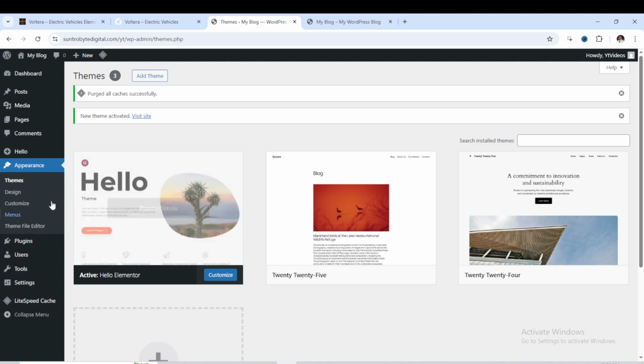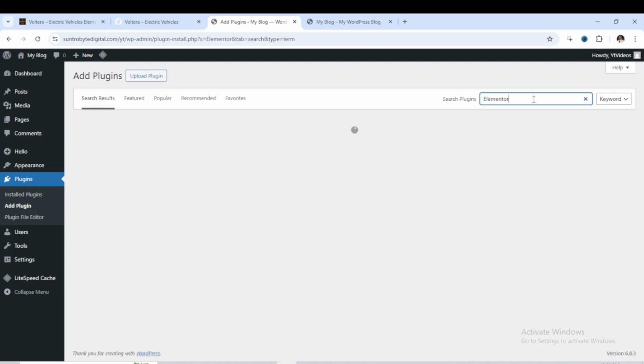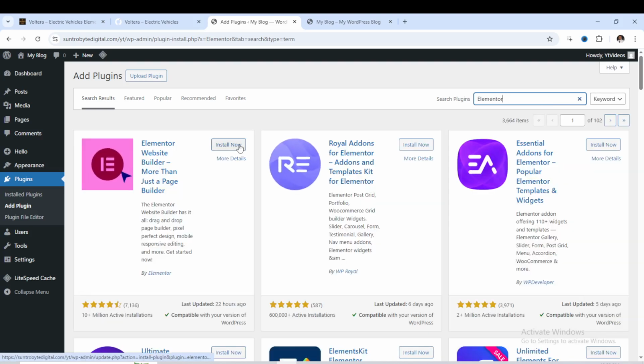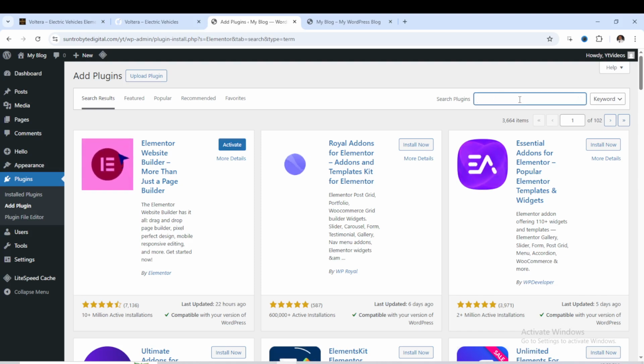To get the plugins, scroll down to plugins. You can click on add plugin right away, or you can click on install plugin. So let's click on add plugin. Here we need only two plugins. These two plugins will help us install the next plugins necessary for this particular project. The first plugin is Elementor. We search for Elementor, see it here, and install it. Then don't activate yet. I'll show you how to activate all of them together. Then the second plugin is